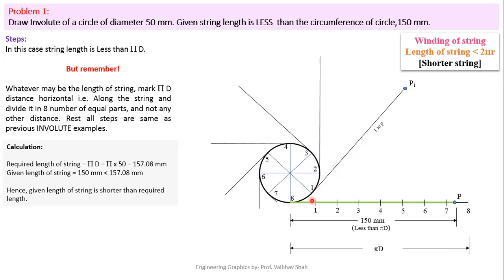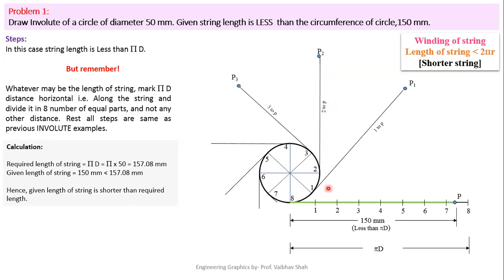Now next, when we try to wound the string from 0 to 2 portion on the circle, the 0 to 2 portion will be utilized in the winding operation on the circle. So we'll be left with the string starting from your point 2 until your point P. So take on your rounder the distance from your point 2 till your point P and put your rounder at point number 2 on the circle and try to mark this point on this tangent. You will be having point P2. So the distance is from 2 to P, the green line distance only.